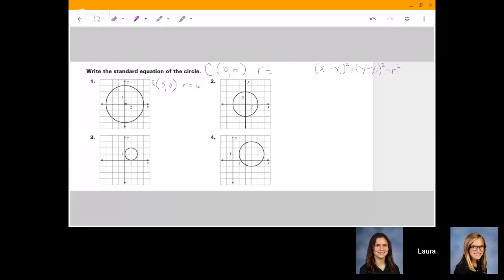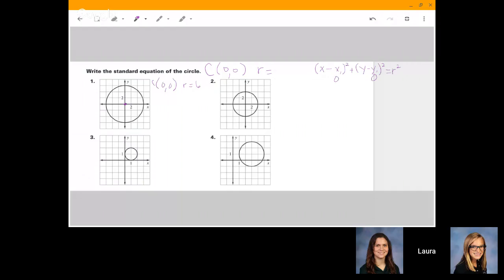When your center's at the origin, 0, 0, something happens to the equation that keeps happening. It saves you time, but I want you to see why. If you put your zeros in those places for the x1 and y1,